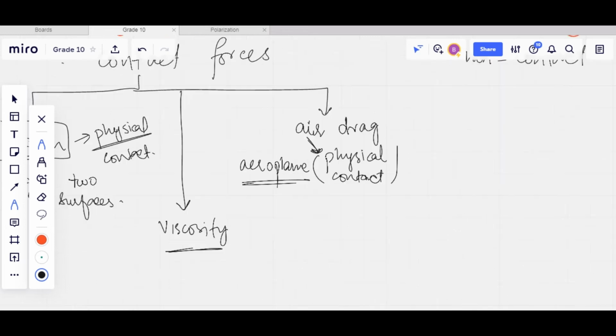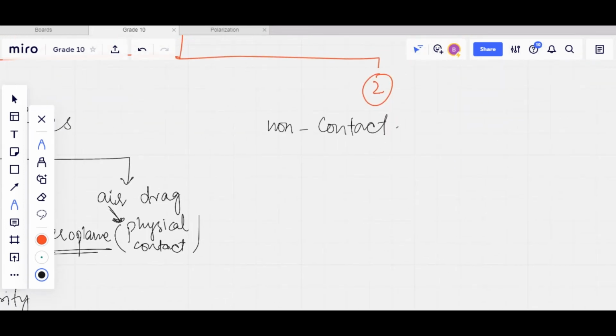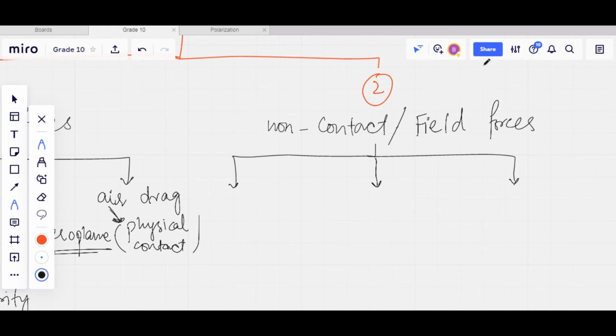Now coming towards non-contact forces, what are those forces? Non-contact forces are those forces which appear to be present around us, but they don't make any physical contact with the body. And those forces are sometimes also known as field forces. Why do we call them field forces? Because those forces have a certain amount of field around that particular object or body,